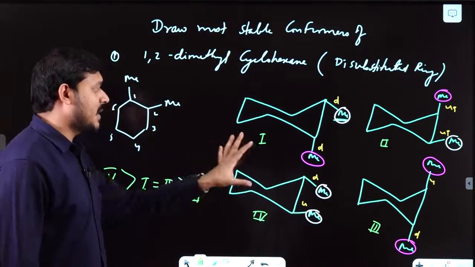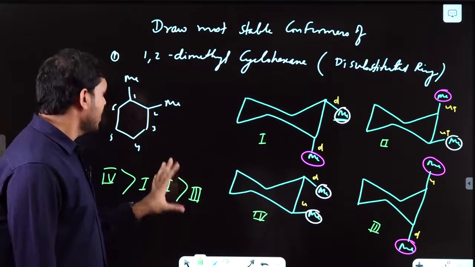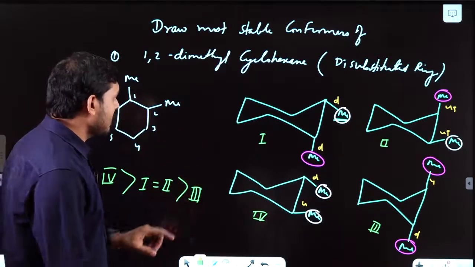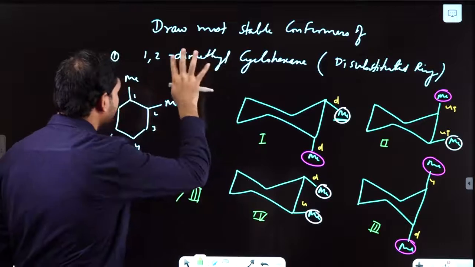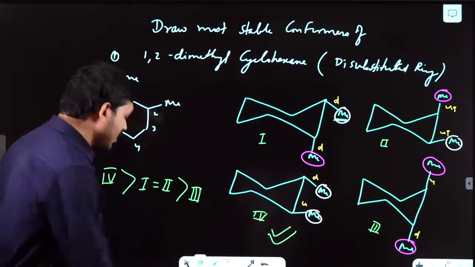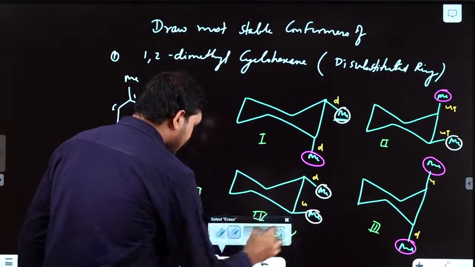So this was a simple example of how to check which one is most stable and which one is least stable. So the most stable form which you are asked for in this structure will be this form. Okay, I think it is clear. So next,